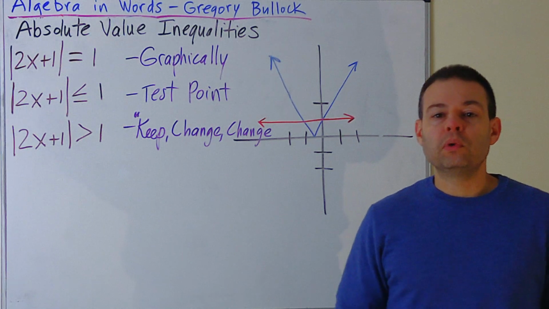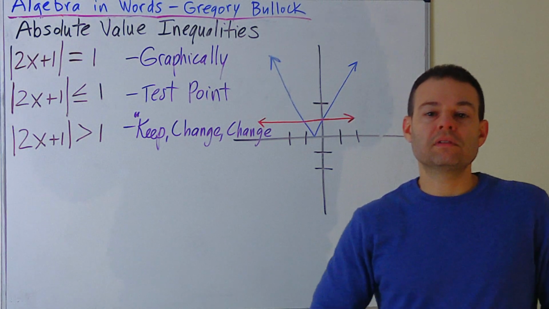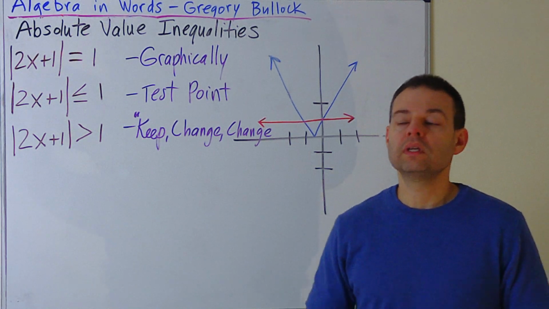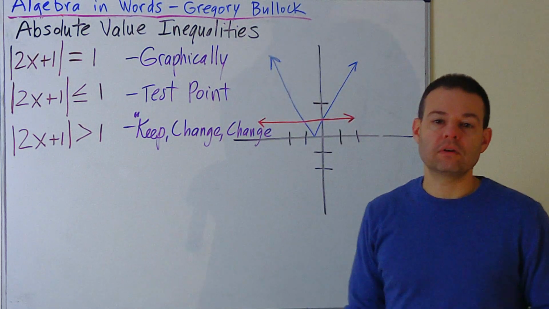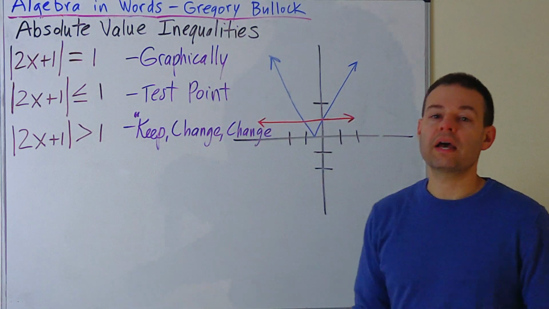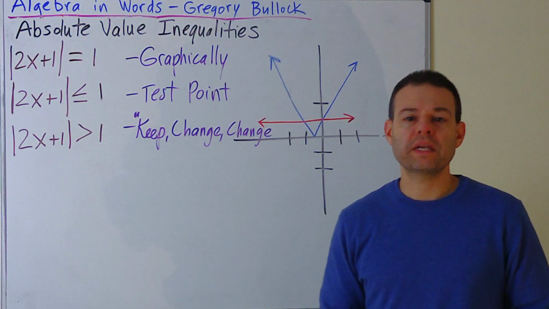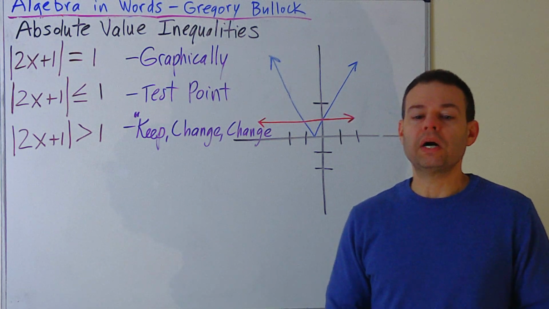I'll leave the graph on the board, and we'll do each of the other two methods and then compare the answers at the end, which will come out to be the same. The first method, again, is the graphical method. The second method I call the test point method. And I'll explain that fully shortly, but also